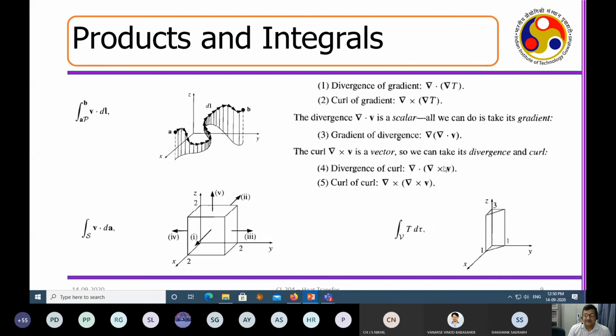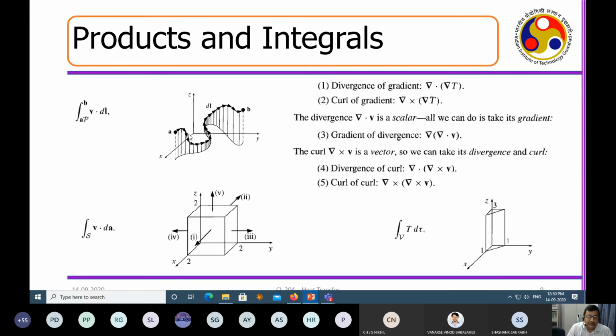Okay. Divergence of a curl. So curl is a vector. If you take divergence, this will become a scalar. Curl of a curl. Suppose this is a vector, the curl will be another vector. So now you may see different ways of evaluating the variation of the variables. Suppose T is a measurable variable, V is speed or velocity, and different directions you can measure. These are all very, very important properties in transport, in fluid, in heat transfer, in mass transfer. You will encounter these parameters one way or other. It's very important to understand that.